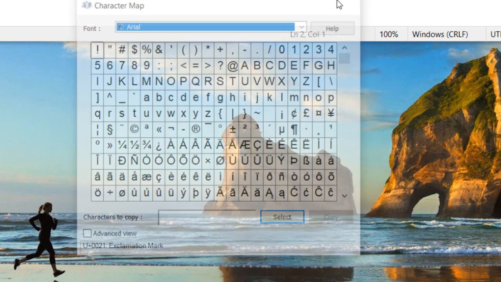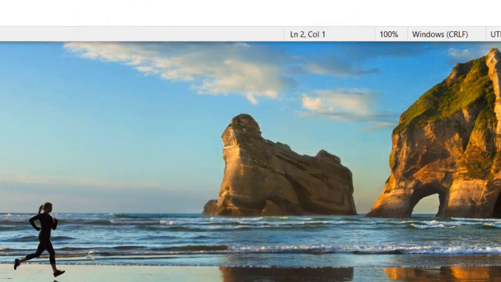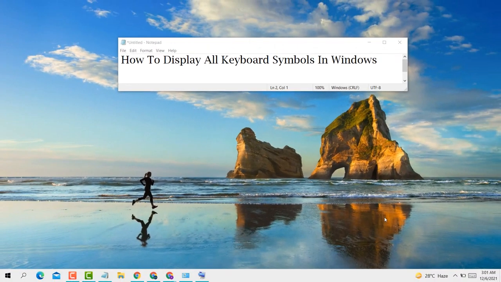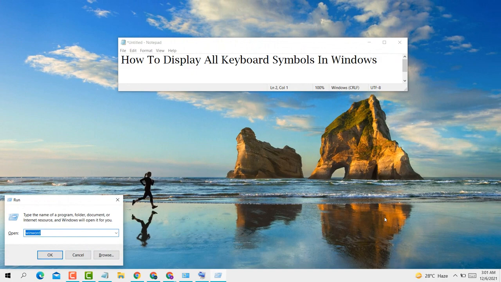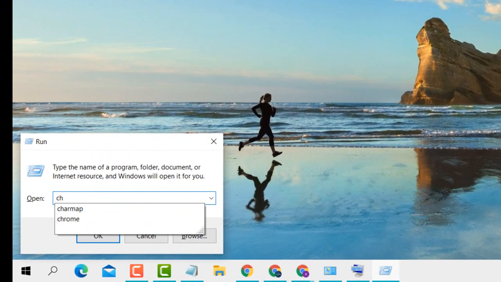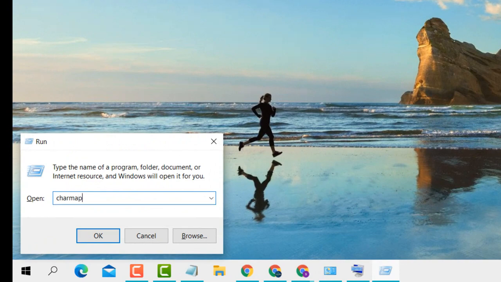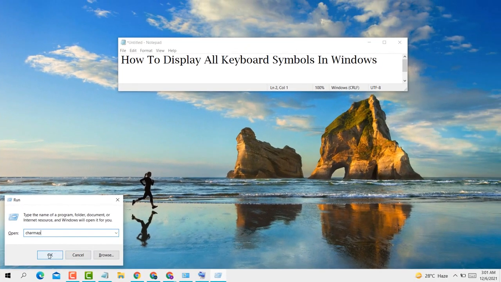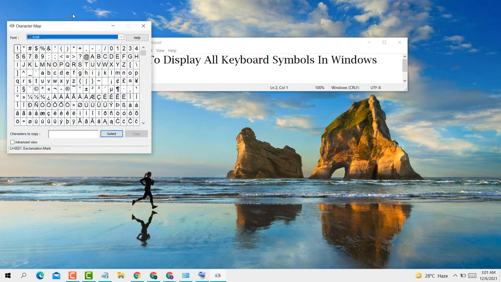Other way, if you want to display all keyboard symbols, type here Windows key plus R key, type here charmap, click on OK. Then,